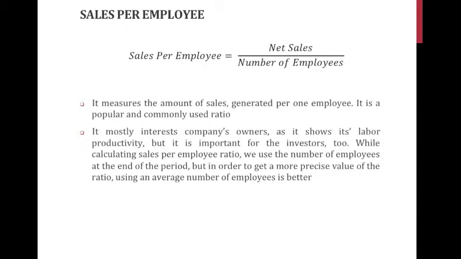While calculating the sales per employee ratio, we use the number of employees at the end of the period. But to get a more precise value of this ratio, the recommendation as usual is to apply average indicators if we can get them from some source. Of course, the general expectation is that if we are increasing the number of employees, net sales of a company should go up as well. But this indicator, especially looking at proportions and trends over a timeline, can also give us various insights about efficiency and changes in our company.